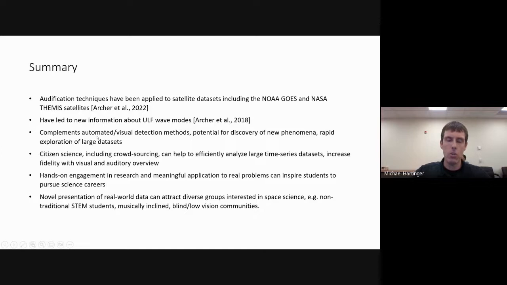Basically, we're thinking that the audio detection methods complement visual methods, and also have the potential for discovering new phenomena and rapidly exploring large data sets. And of course, this is a great way to bring the public into research, really taking advantage of crowdsourcing. So instead of having one set of eyes from one researcher looking at the data, having